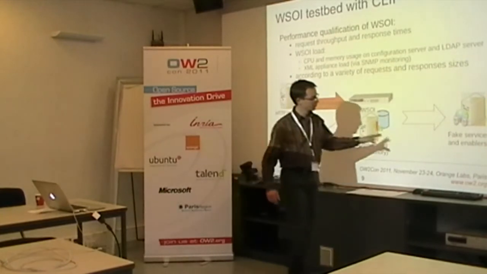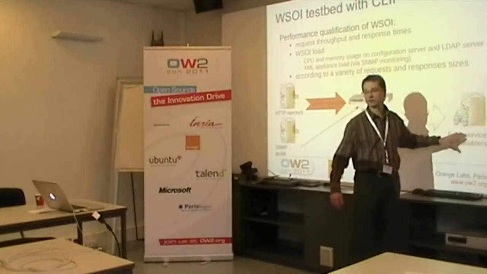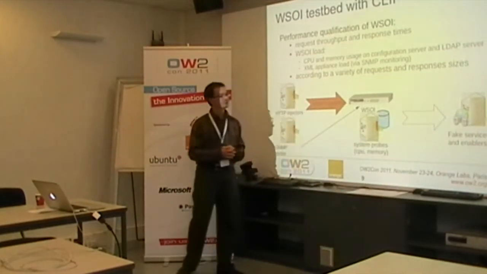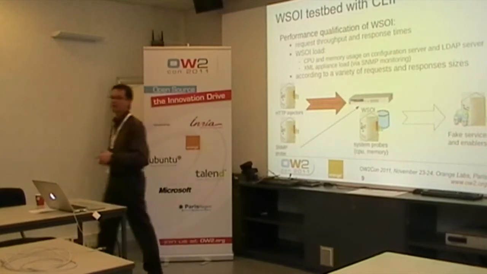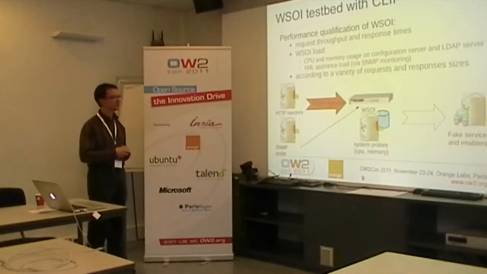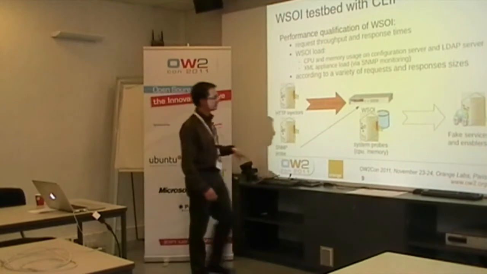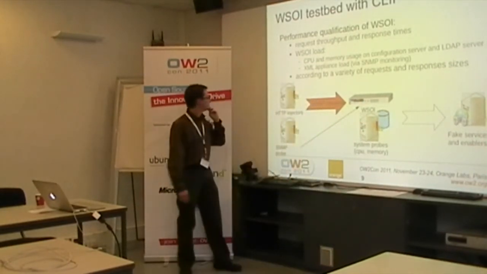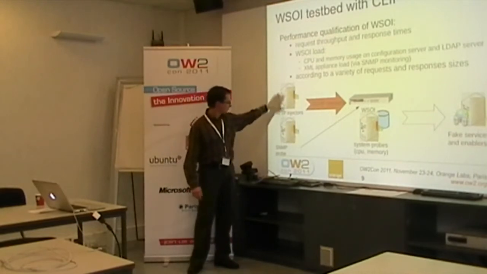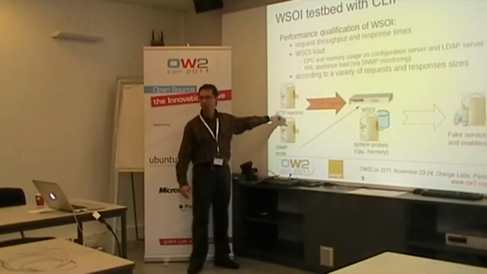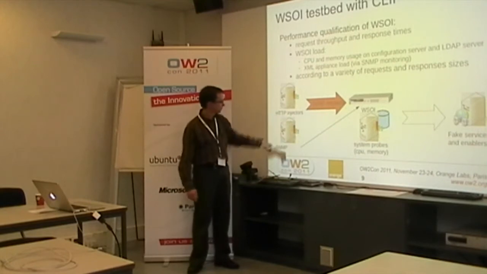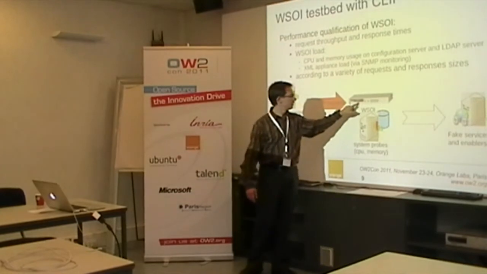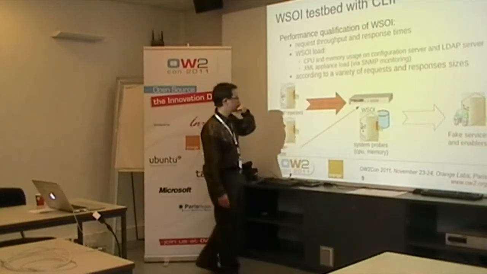So, first of all, the services or enablers are fake. We make some kind of plugs that will answer in a very quick manner, because they are just fake services and enablers. So we can concentrate on these elements. We use Cliff. Here there are two load injectors, so two computers running HTTP injectors that will send a SOAP request to the XML appliance.